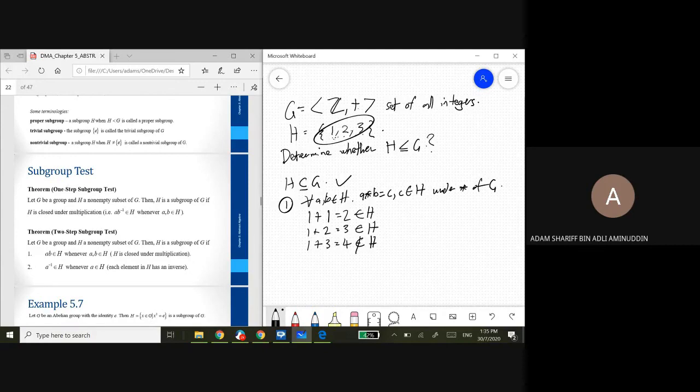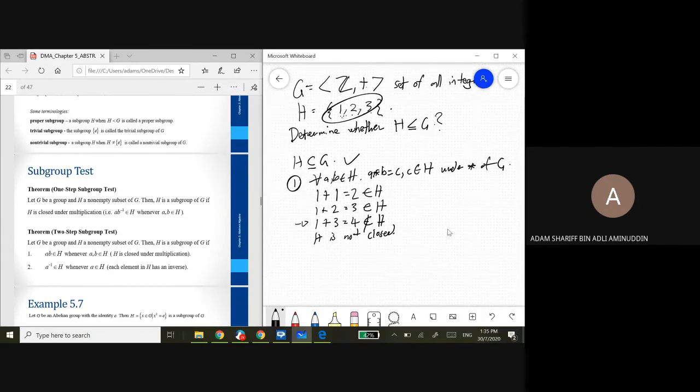See? The binary operation I use here is the binary operation of G. Addition. Ordinary addition, not addition modulo. Ordinary addition. That's why 1 plus 3 becomes 4, and this 4 is not an element in H. With this counter example alone, I can say that H is not closed. So this is still not closed. Okay. How about for the